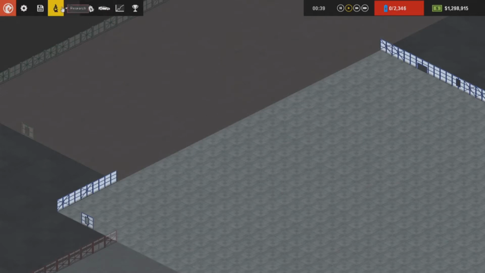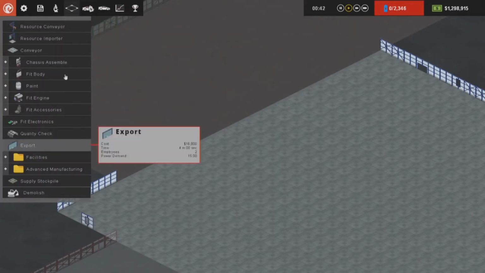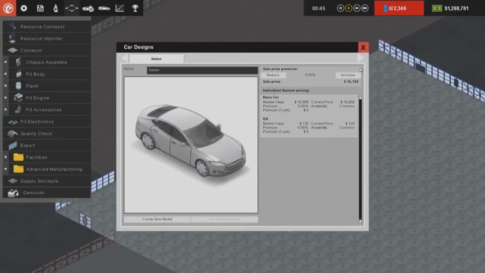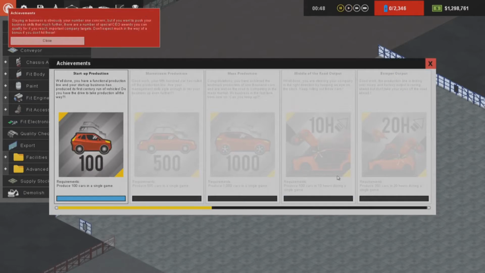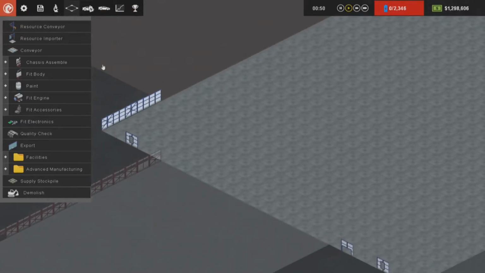So we've got some other things up the top here. We've got research, as we just came on to, the slots, we'll come to this bit in a second, car showroom is just towards the end, and car designs, which will probably be in another video because it's too much to explain. Okay, and then obviously the efficiency of the place and achievements. We all like a bit of achievements now, don't we? Anyway, from what I can gather,